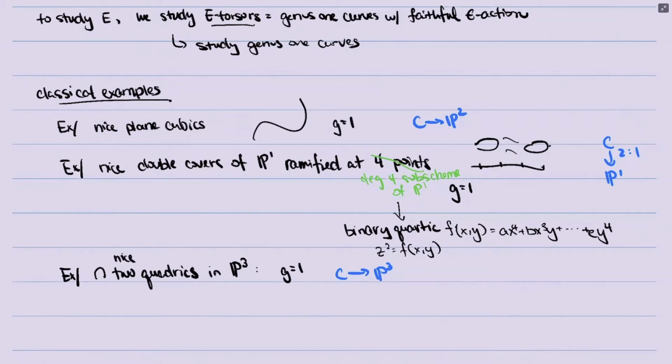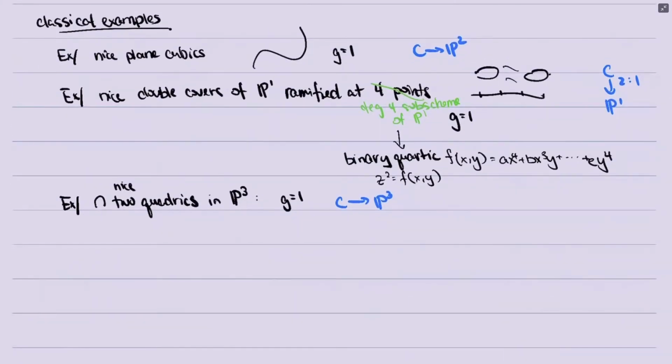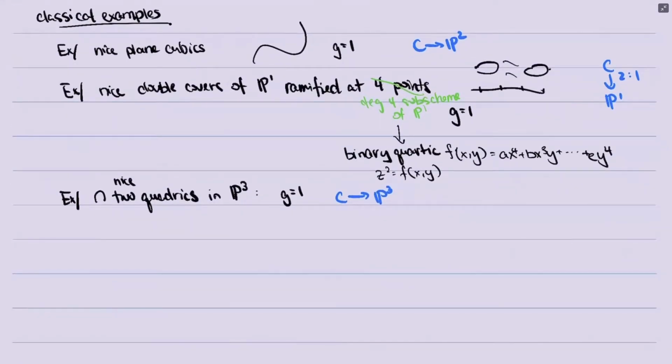We don't have great ways to describe genus 1 curves in higher P^n in general. But of course, there are ways to do it for specific examples or for some subsets of genus 1 curves. But for today, these examples will give us a good idea of the applications that I want to talk about. Okay, so the first application I want to mention